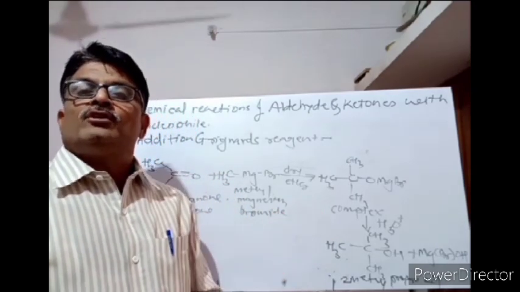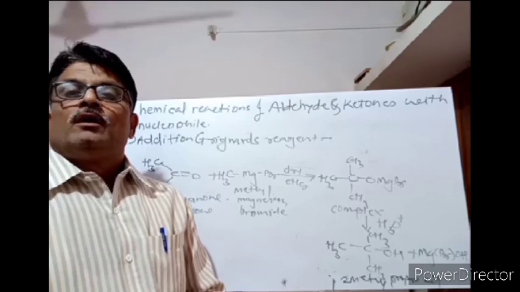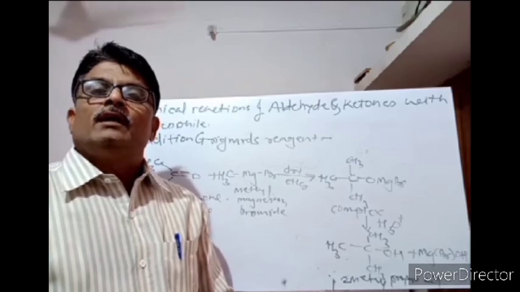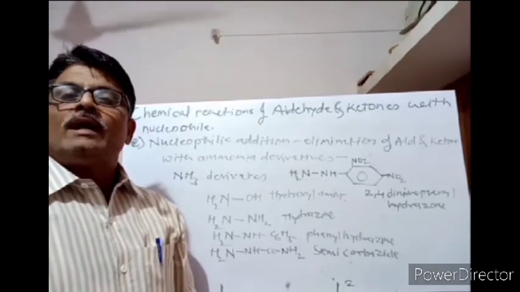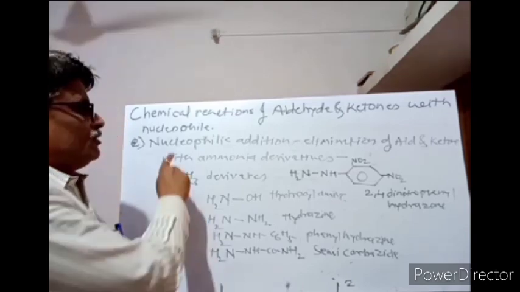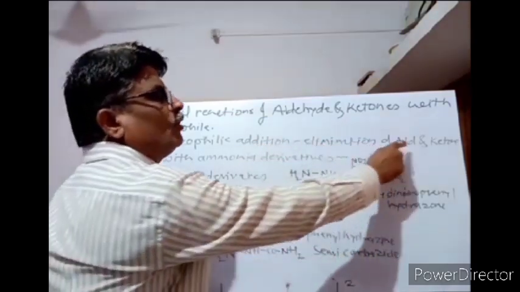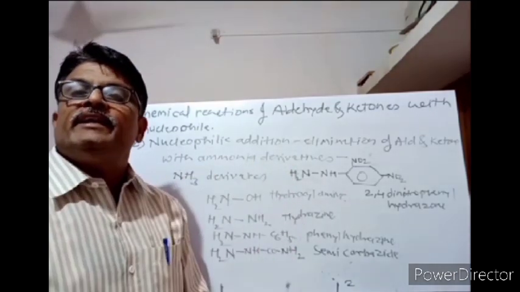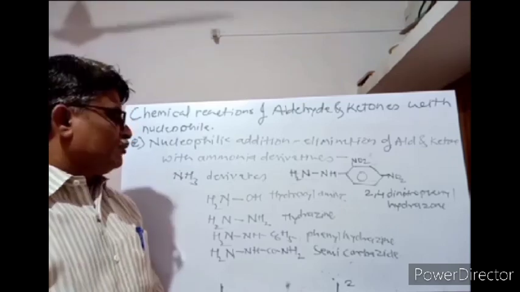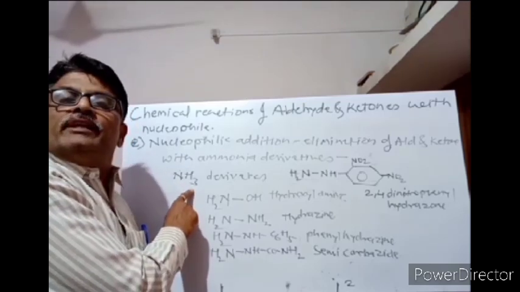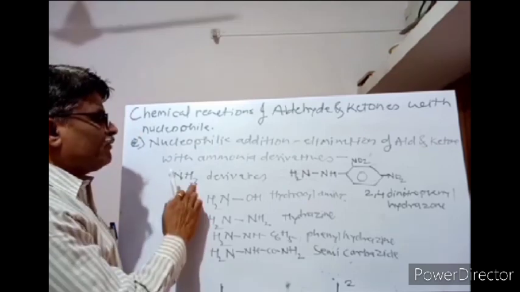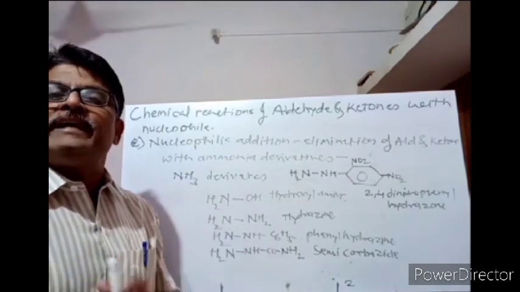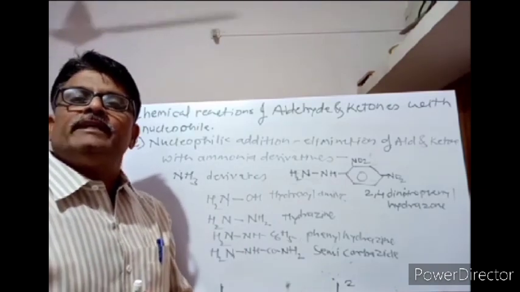So this is a reaction of Grignard's reagent with aldehyde and ketone that forms primary, secondary and tertiary alcohols. Another reaction is nucleophilic addition elimination of aldehyde and ketone with ammonia derivatives. So ammonia is NH3. When one hydrogen is replaced by another group, like Z, it is given as